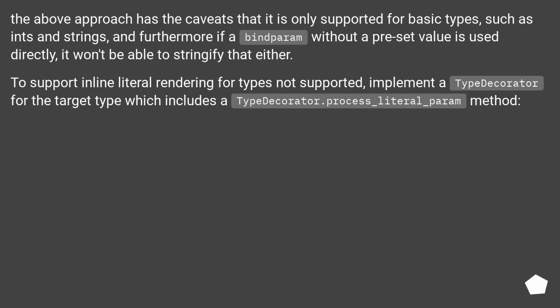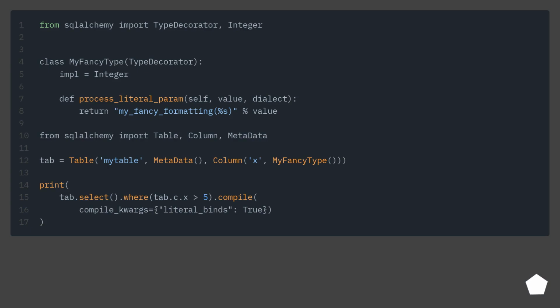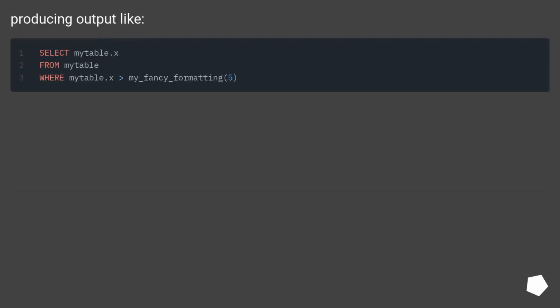To support inline literal rendering for types not supported, implement a TypeDecorator for the target type, which includes a TypeDecorator.process_literal_param method. Producing output like